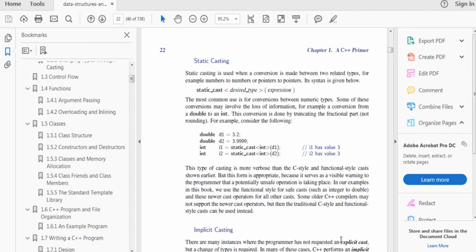Okay, its syntax is like this. You have a static cast and then the expression. The most common is conversion between numeric types. Some of these conversions may involve a lot of loss of information, for example, a conversion from a double to an int. This conversion is done by truncating the fractional part, not rounding. So here,